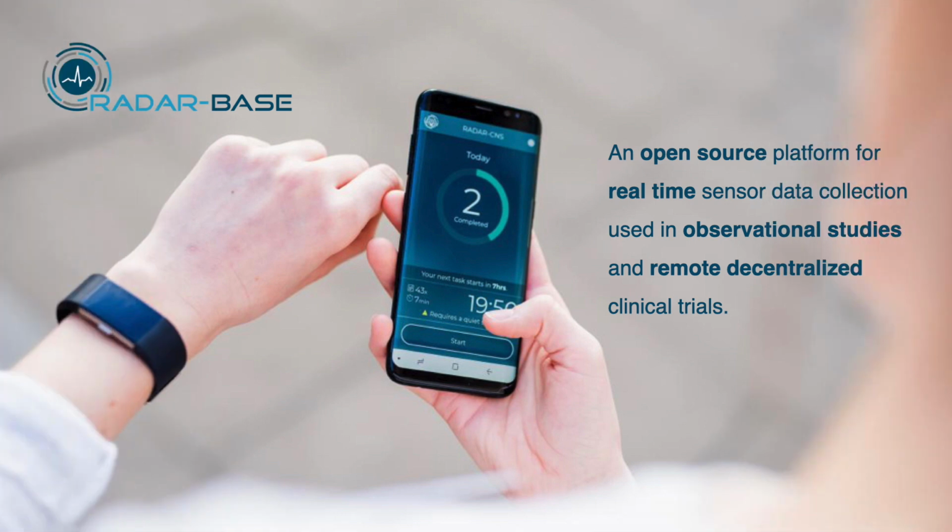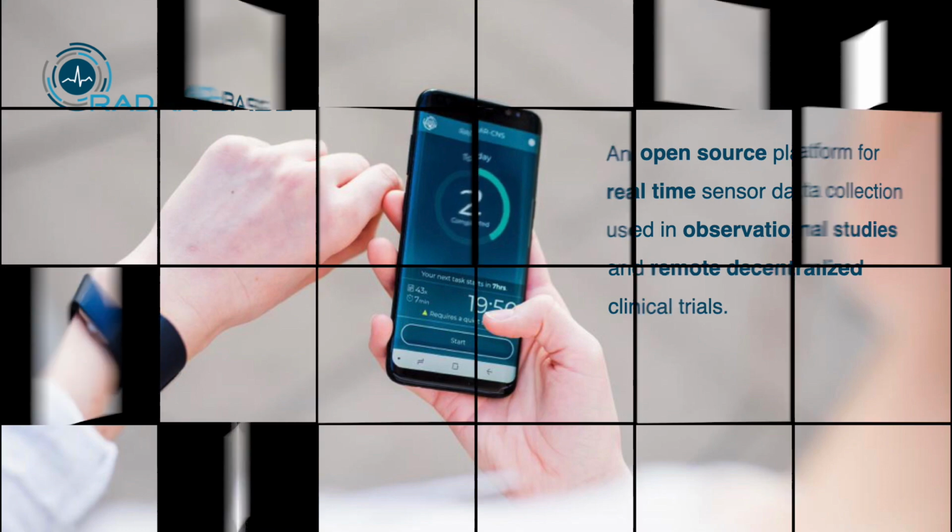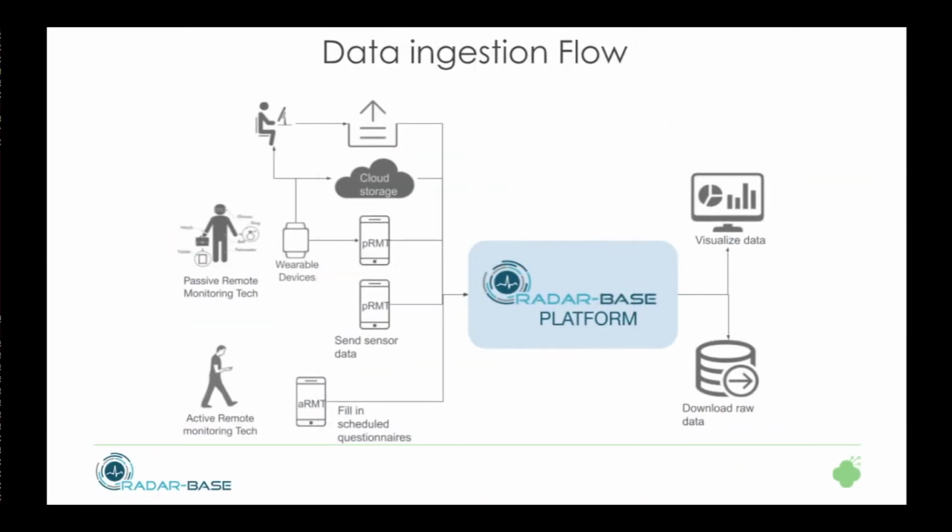Hi, welcome to this demo of ReaderBase, an open source platform for real-time sensors data collection used in observational studies and remote decentralized clinical trials. In this session, I'm going to focus on demonstrating how to manage studies, participants, and various data ingestion options we